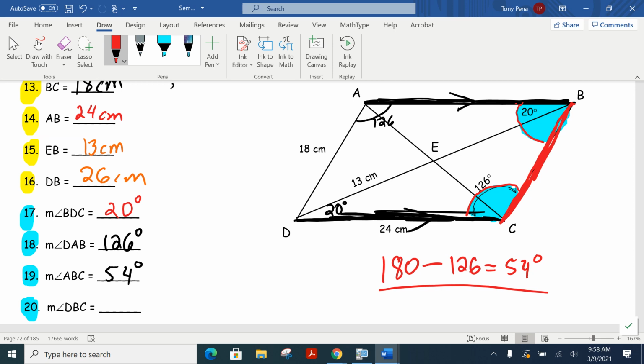So now finally, the final little question, angle DBC. So D to B to C. So now I just want this part of this angle right here. What does that have to be? I just muted them. You guys want to get your Chromebooks out here so you have enough time. What does that angle have to be? Just that little one then, Ahmed. Good. Didn't we just say this full angle was 54 degrees? So the entire thing is 54. If I used up 20 of it right here, then that would mean all I have left over for the